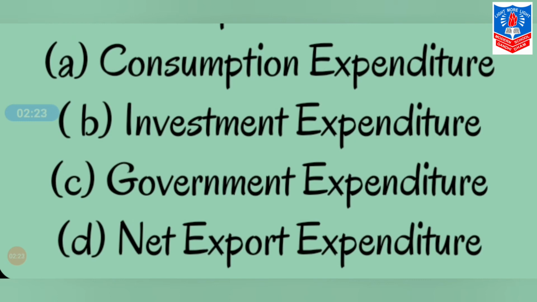The expenditure done on importing foreign goods by citizens of the country is the import expenditure of the country. Similarly, our export is expenditure incurred by foreign citizens on domestic goods. So we can say that the difference between these two, that is net export, is included in the national income.